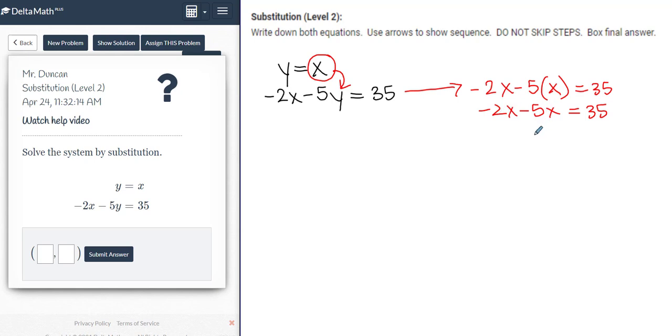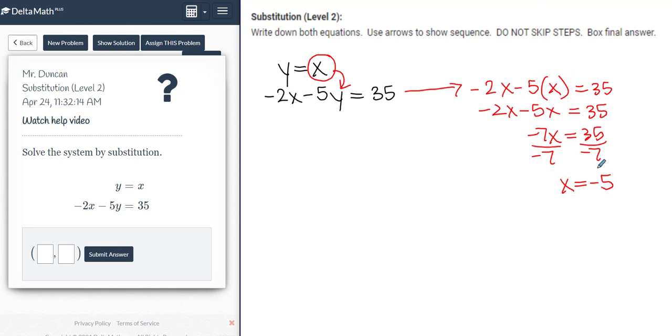Negative 2x and negative 5x, those will combine to give us negative 7x equals 35. Divide by negative 7 on each side. Again, negative 7 divided by negative 7 is positive 1. 1 times x simplifies to just x. 35 divided by negative 7 is negative 5. So now that I have a negative 5 value,